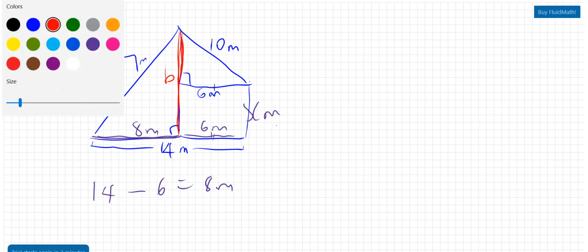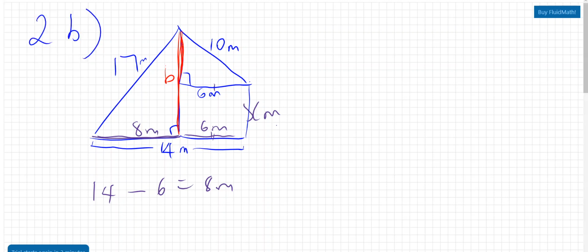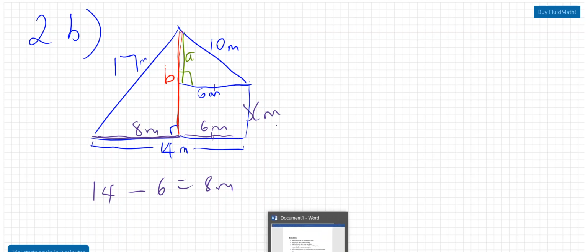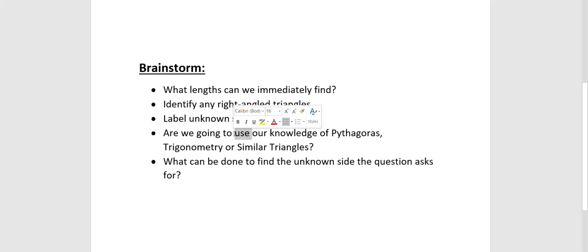And that means there's also a side length here, a shorter one, just here. And it's a right angle triangle, so I might call that A. Okay, so that belongs to that triangle. Now, there are no other side lengths that I can see that I need to find, or that belong to the right angle triangles. So the next stop point, now are we going to use our knowledge of Pythagoras, trigonometry,